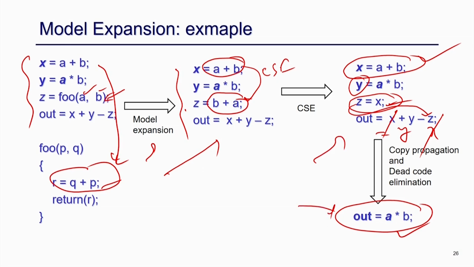So, that is the advantage of model expansion, but you have to always keep in mind that if that particular function foo is called in multiple places, then it is not a good idea to replace all the calls by the body, because you will have to execute this operation that many times, right. So, there should be some trade off between this model expansion, whether you should do it or not